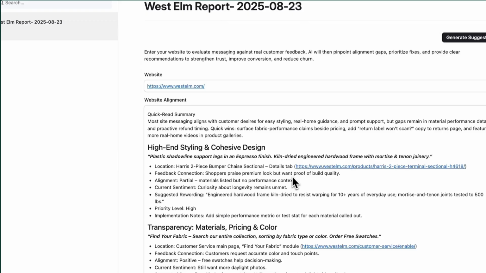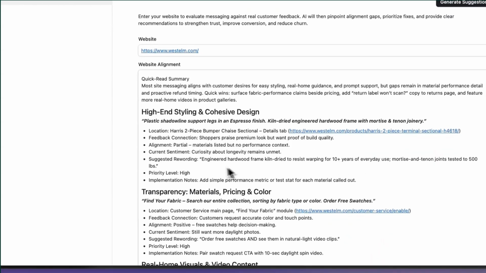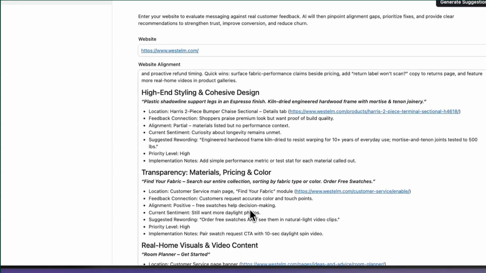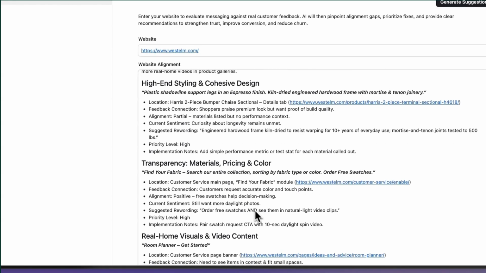It's going to then connect it to end user feedback, tell you the alignment, and what the sentiment currently looks like, and then provide some suggestions for rewording. Again, this is all sample data, but you can imagine how powerful this can be when using your actual company